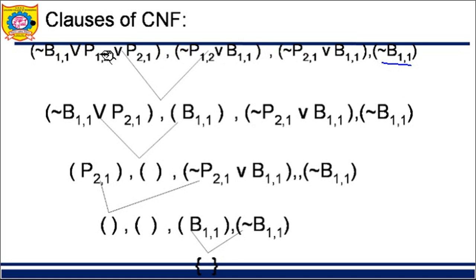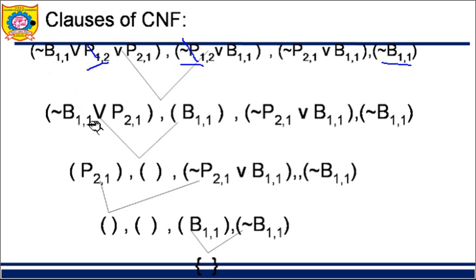Then after that, we have to apply resolution. Check the first term and the second term. You can take any combination, not necessarily first and second. You can go for second, third, you can go for third, fourth, anything. Randomly you can take. So I'll take the first and second term. From the first term, I can see this P12 I'm having over here, and its complementary term, not of P12, I'm having. So I'll remove this term and this term. It gets resolved. Rather than removed, use the word resolved.